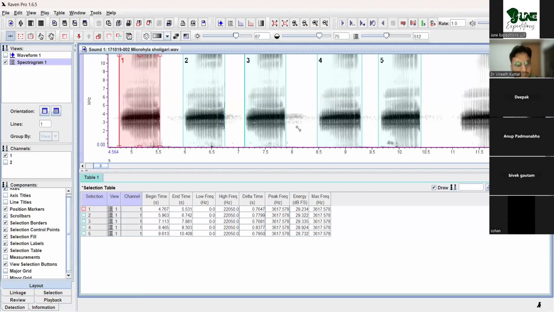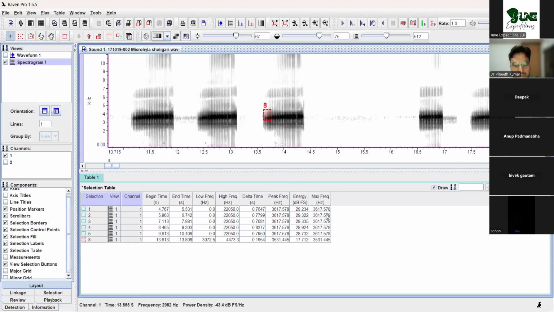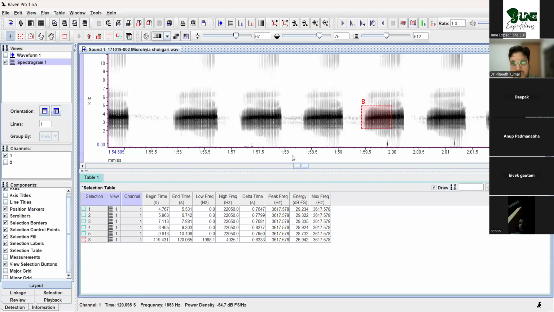Almost the same. Let's come to some other part of the call. There's not much difference in the values, right? Peak frequency value is almost constant in this. Sometimes it does vary. Then you have to take the average of the values. Okay. It is like a signal